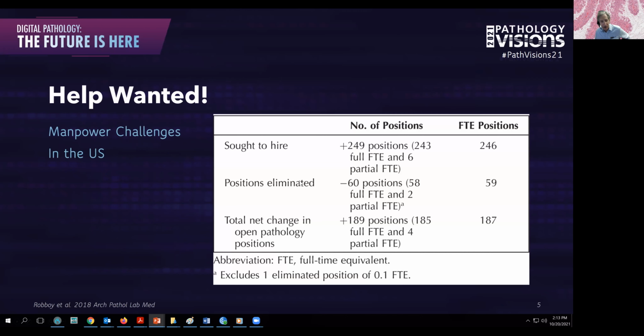First of all, let's start and ask: is there a manpower problem? This article from 2018 was trying to explore that question a little further, and Robboy and his colleagues demonstrated that we did have a large number of open positions. That's a pretty large portion of unfilled positions, even when you discount those that were being discontinued. Especially when you consider that, nationwide, there may only be about 2 or 3 times this number